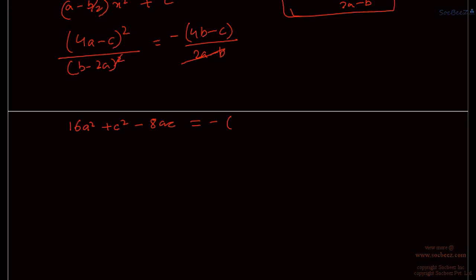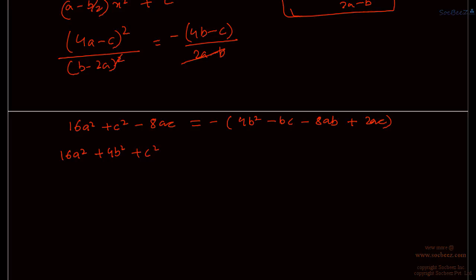Right, so that is 4b minus c into b minus 2a, or 4b squared minus bc minus 8ab plus 2ac. Right, now I bring all of them to one side, and I have 16a squared plus 4b squared plus c squared minus 8ac, and